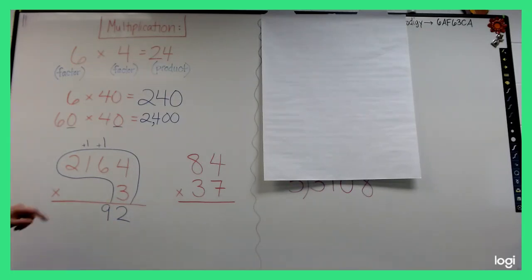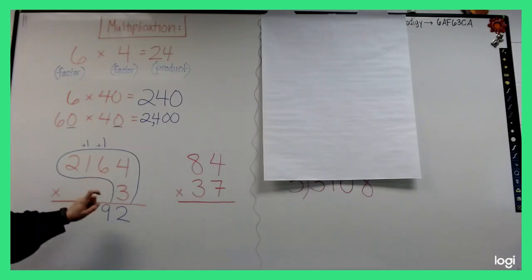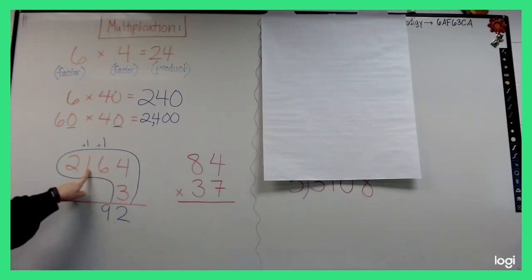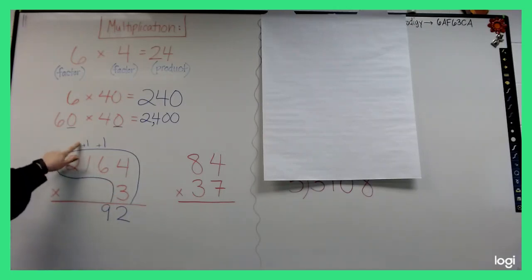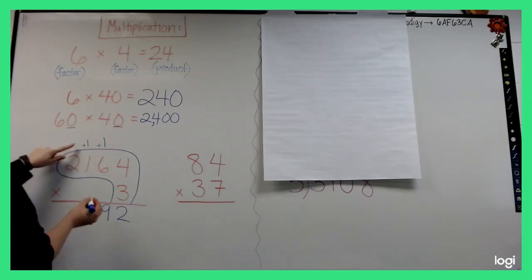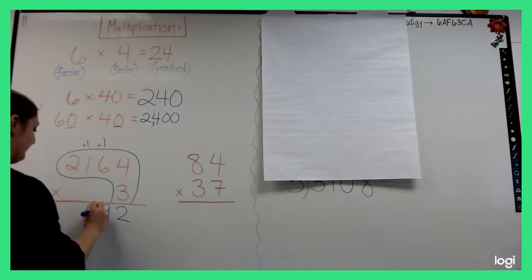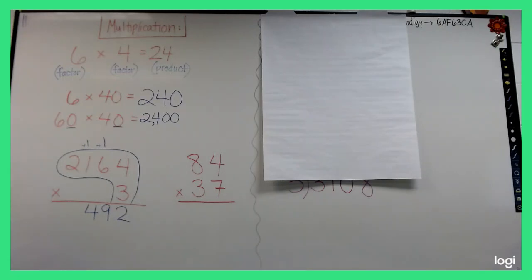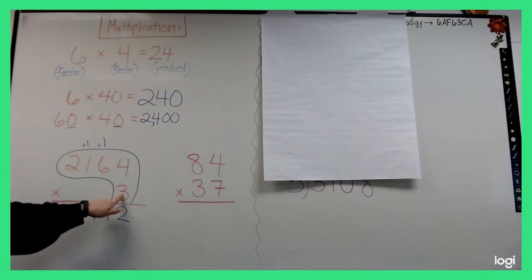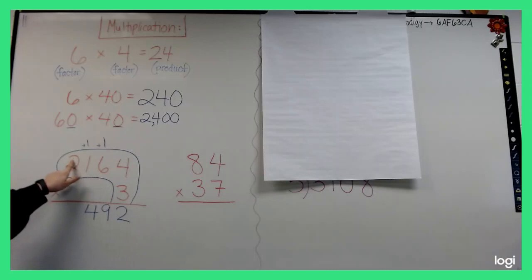All right, so now I've done 3 times 4, I've done 3 times 6. I am ready for 3 times 1, which is 3, plus 1 more would be 4. So this time I don't have anything to carry over. And I only have 1 more step. Returning to the number in the neck, 3 times 2, we know is